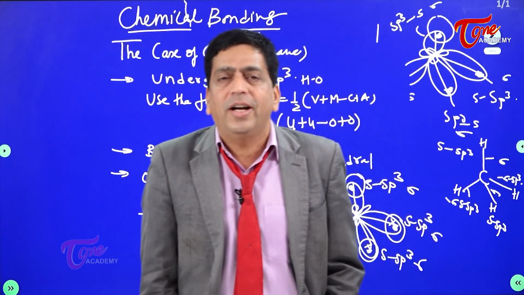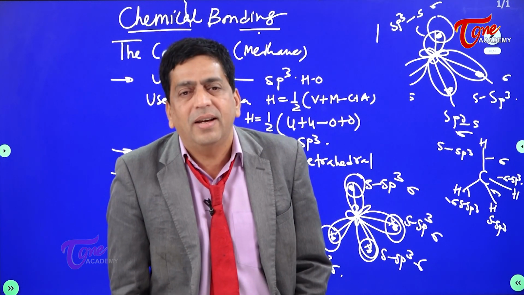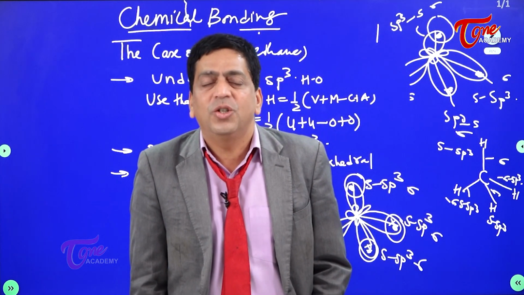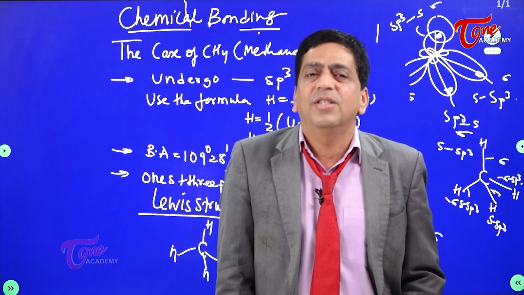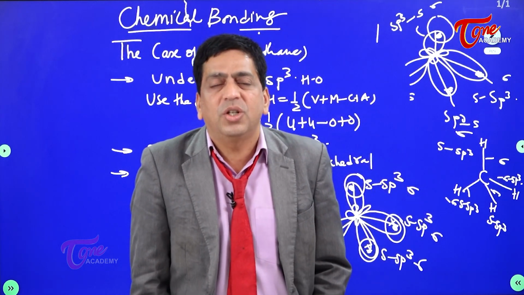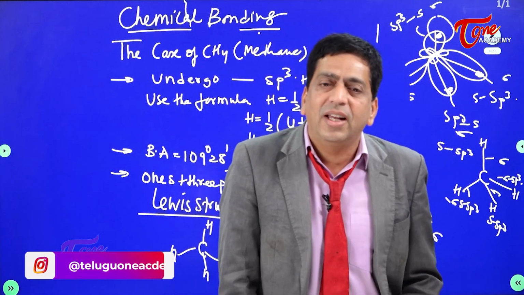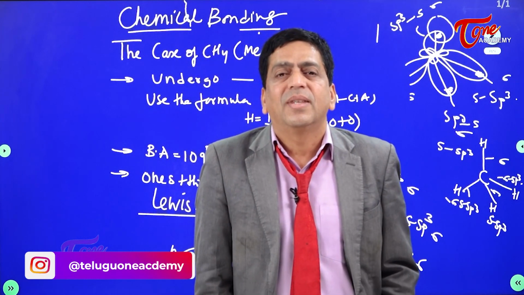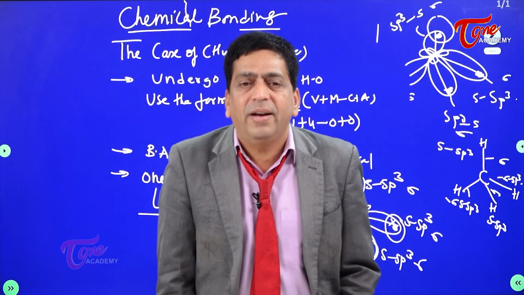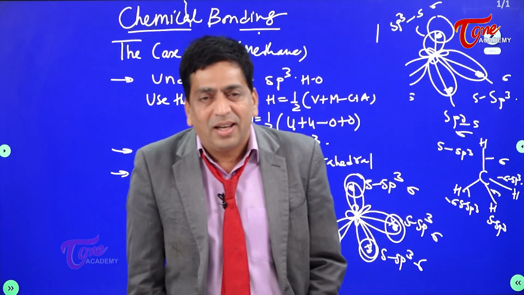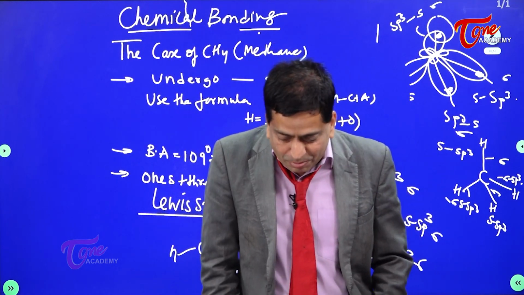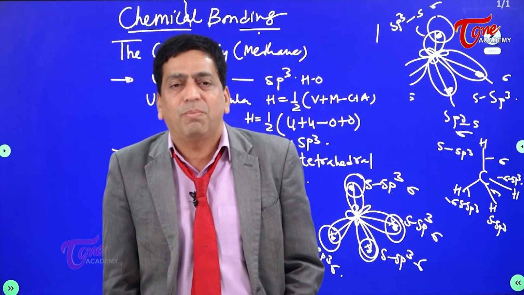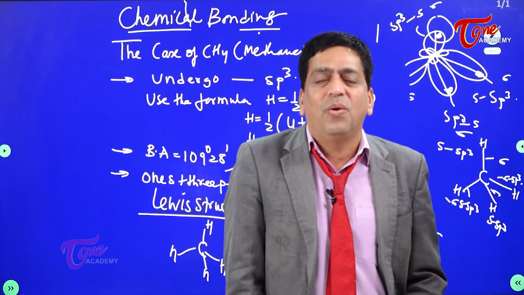After rising to the excited state, it does not straight away participate in bonding. You must be sitting in positions. So you will undergo what? Hybridization. And then once you undergo hybridization, you are sitting in positions. The bond angle is fixed. The structure is fixed. The shape is fixed. Everything is fixed. Then you ask the hydrogens to come down and we'll have overlapping. So remember, even when I'm discussing hybridization, I'm still not divorcing the word overlapping, because the concept of overlapping introduced by Linus Pauling to explain the strength of the covalent bond continues.